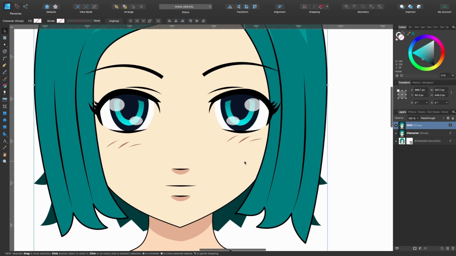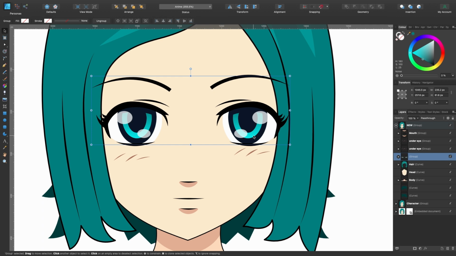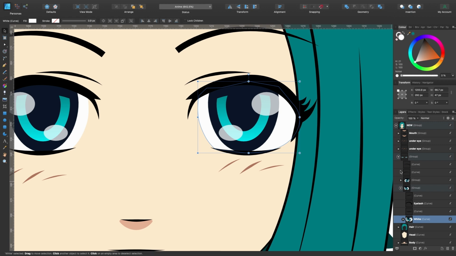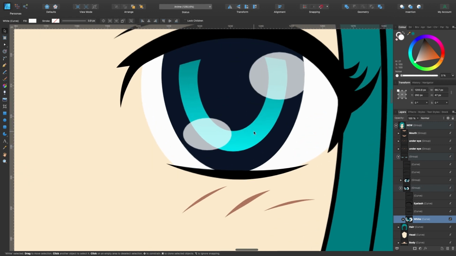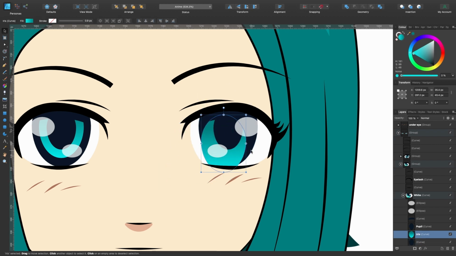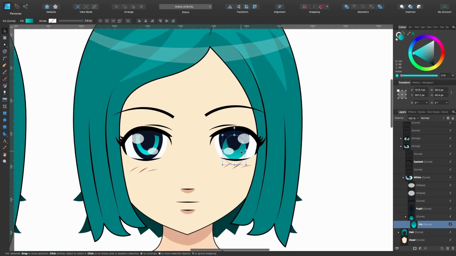And the first thing I'm going to do is change the eyes as I've seen it in other anime movies and stuff. So I'm going to zoom in and have a look at this eye. I'm just double tapping to get through the layers here. And I want to get to the iris. That's the bit I want to concentrate on. So this one here, I'm going to bring it down. And before I do that, look, it's not clipped inside of this shape. So I'm going to just drag it down a little bit and grab the iris, drag it down and to the right, and that clips it inside. So I'll just zoom out so we can have a better look.